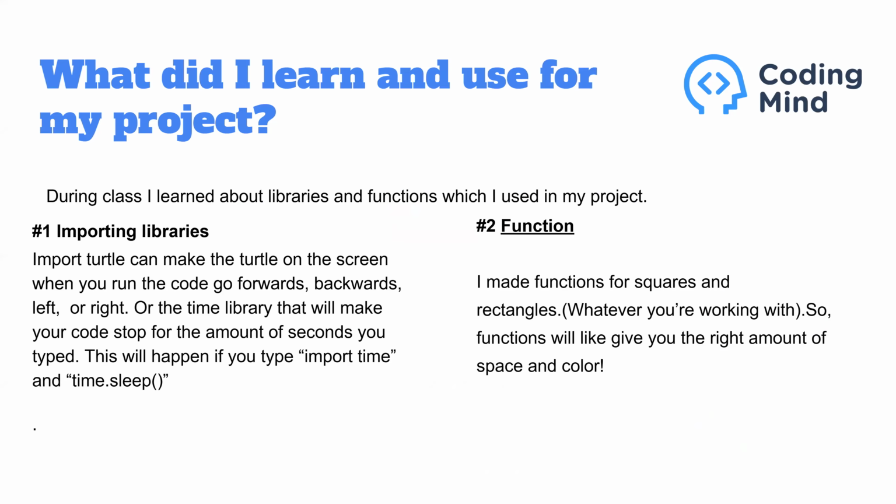What did I learn and use for my project? During class, I learned about libraries and functions, which I used in my project. Import turtle can make the turtle on the screen, when you run the code, go forward, backwards, left, or right. Or the time library that will make your code stop for the amount of seconds you typed. This will happen if you type import time and time dot sleep and then how many seconds you want it